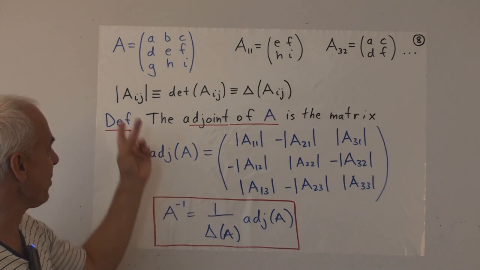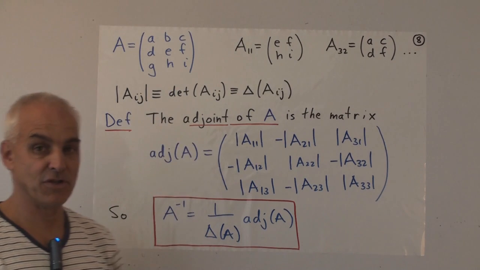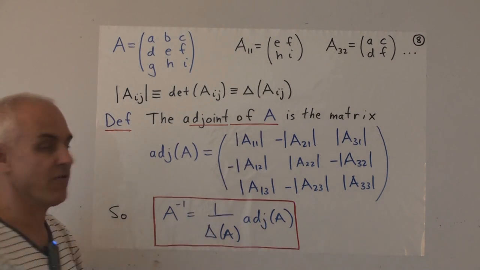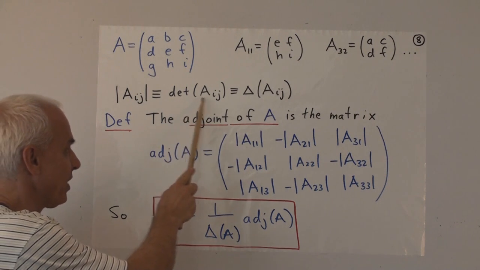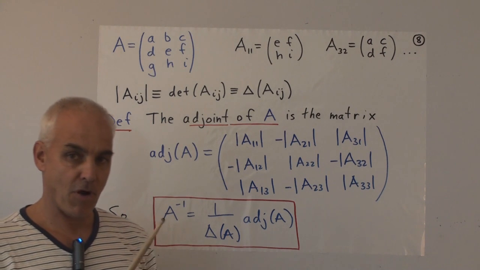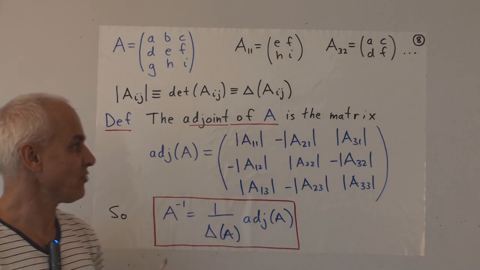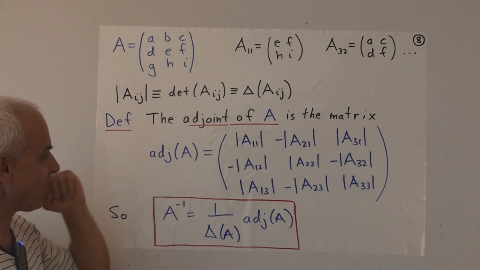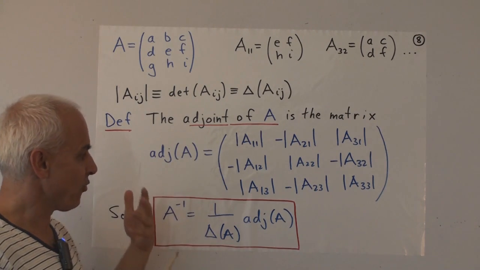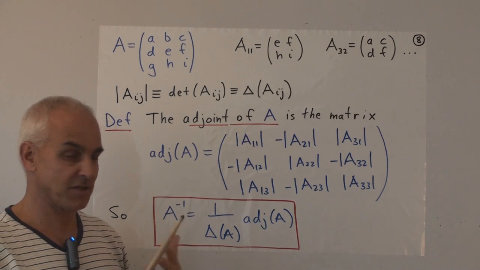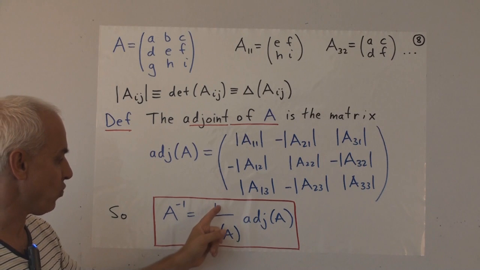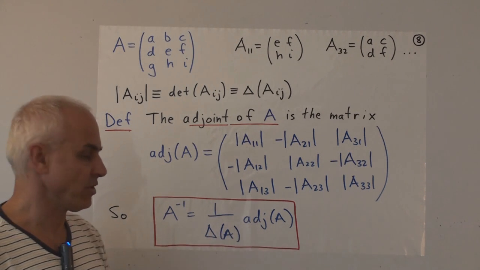And now let me remind you that we have a number of different notations for the determinant. We're sometimes using delta of a matrix, or just determinant of a matrix, or just 2 vertical bars. All of those mean determinant of a matrix. So now let's define the adjoint of the matrix A. This is what's really appearing in the inverse formula. In fact, there's the inverse formula there. It's 1 over the determinant of A times the adjoint of A.